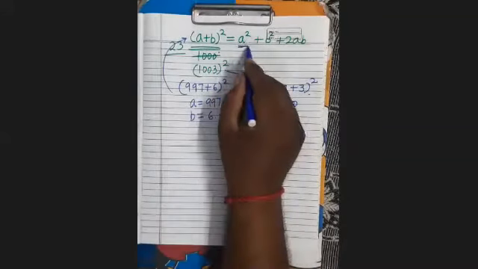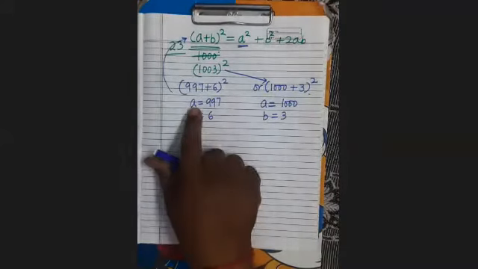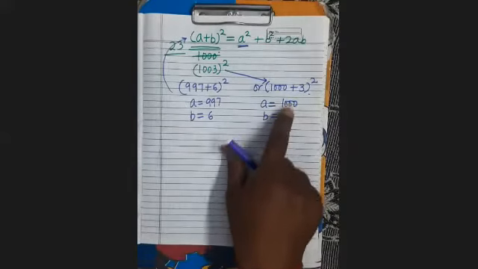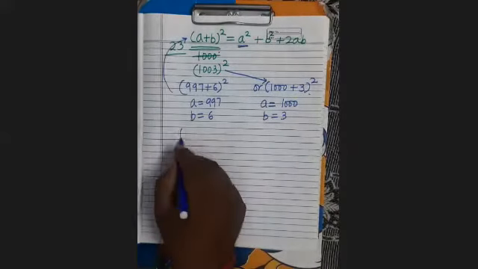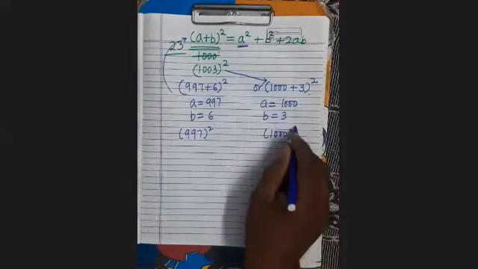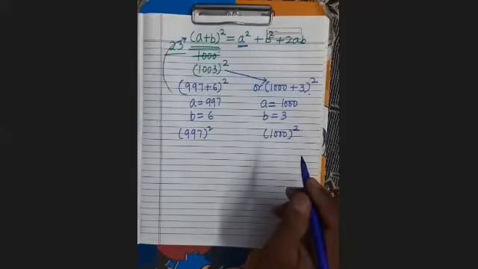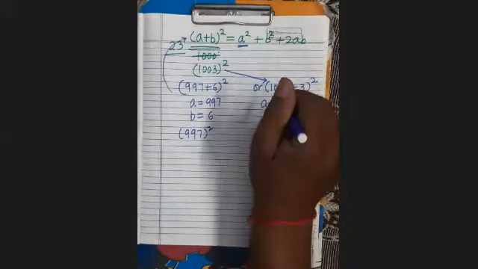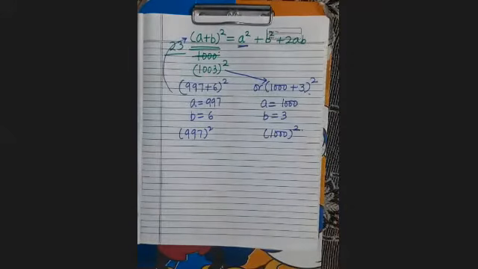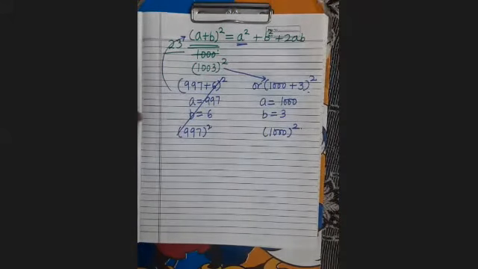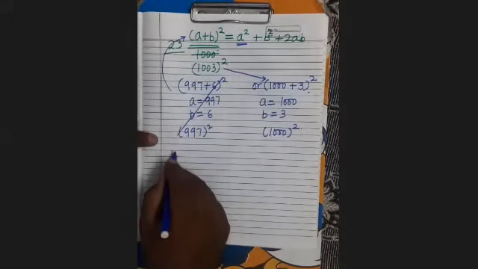A square, हमको पहला टर्म क्या है? A square. Here it will be 997 का whole square, while here it will be 1000 का whole square. किसको आसानी से हम कैलकुलेट कर लेंगे? This whole square or this whole square? Which you can calculate? 1000 whole square. So we will write in this way. It's clear? हमको एक convenient form में लिखना. We will write in a convenient form. So see here.